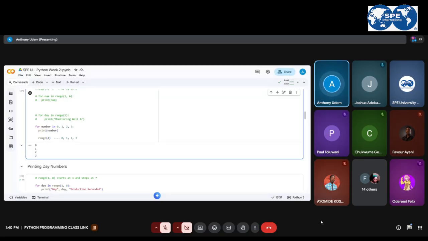So if you have 0, 1, 2, 3, I'm telling you that this range now is equal to what? 0, 1, 2, 3. Meaning that,